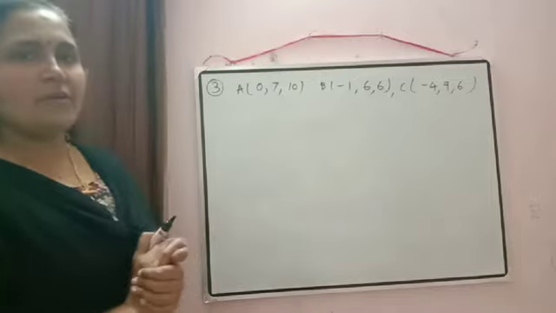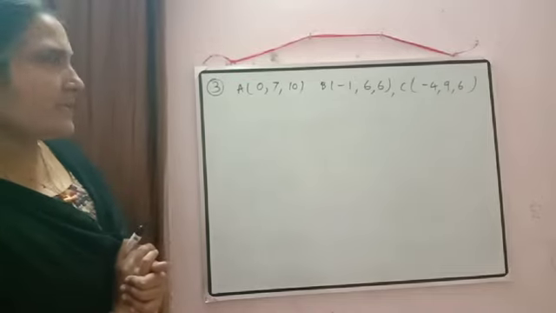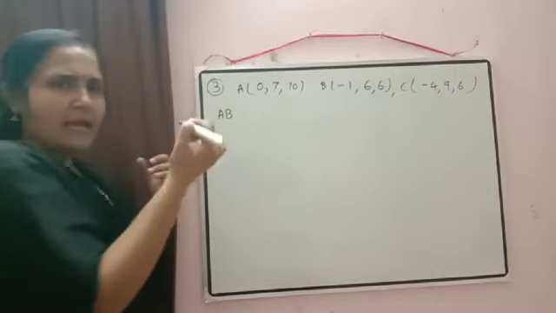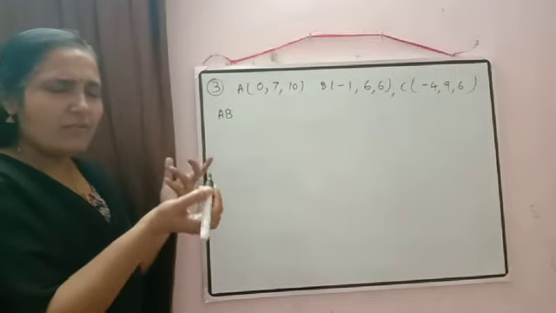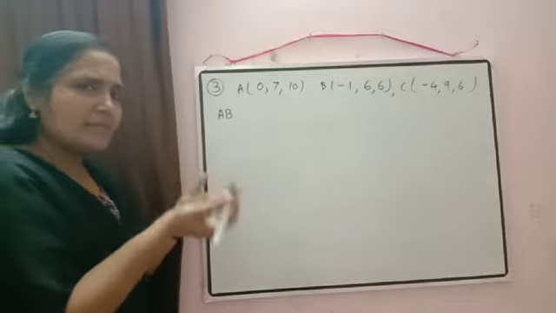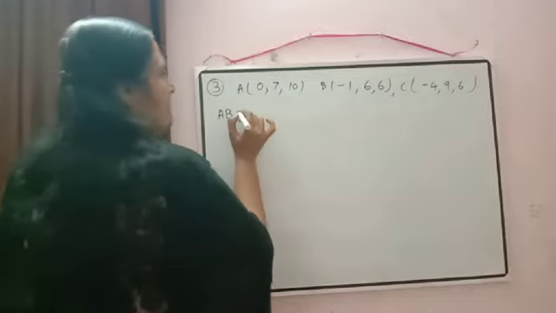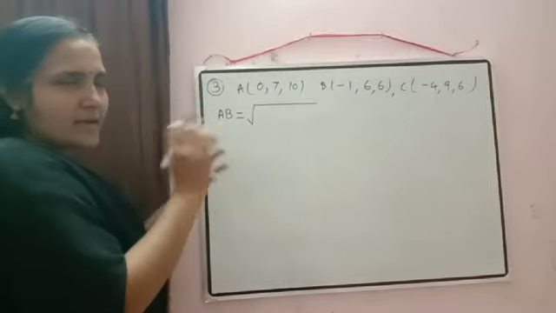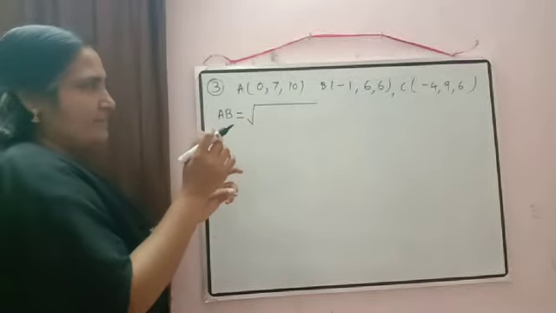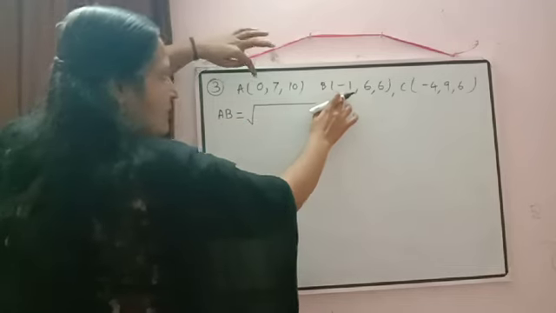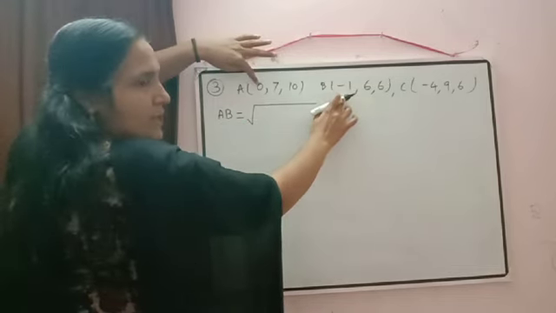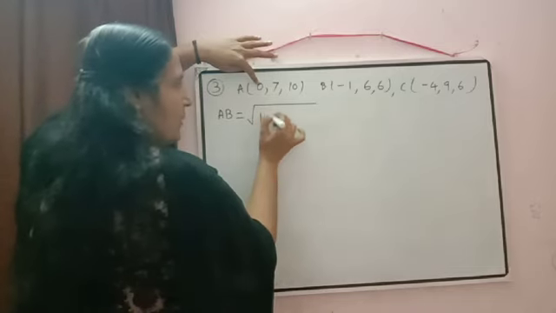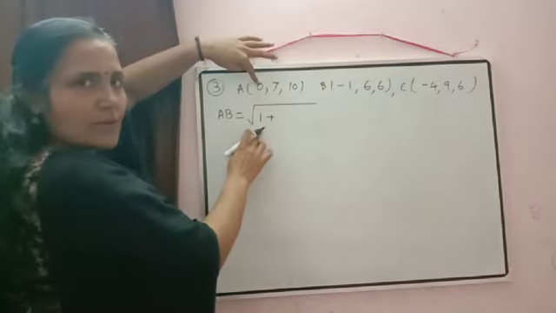So first what we can do, we can calculate the distance. In Pythagoras theorem, AB square is enough if you don't want to write square root. Otherwise, if you are writing, then also no problem there. AB is equal to square root of. Now I think the concepts are clear. Shall I write directly? Okay. Minus 1 minus 0 will be equal to minus 1. And what is minus 1 square? 1. Okay. If I write in this way, no problem now.